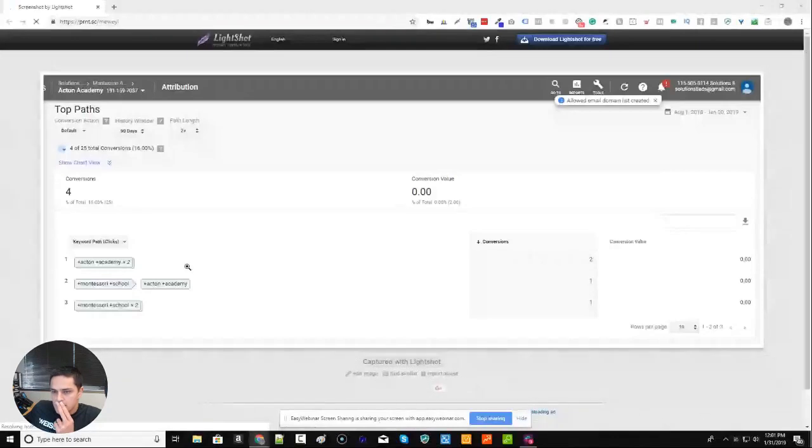If you look at the third one down, you see Montessori school. They had to search it twice, so they actually went to the website twice before they converted. What that means is sometimes it takes multiple clicks in order for someone to convert. And each time they click, they're actually clicking on that ad themselves. And so if we have a $200 budget,